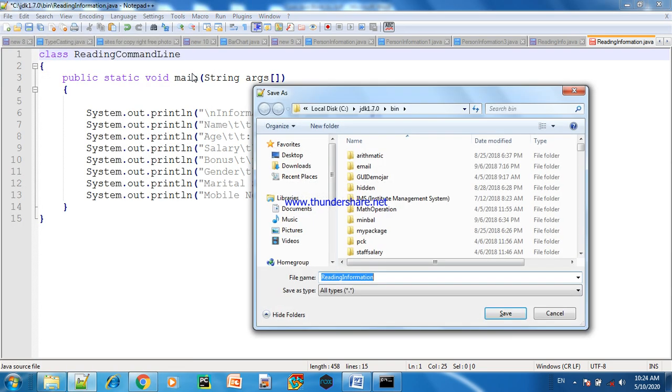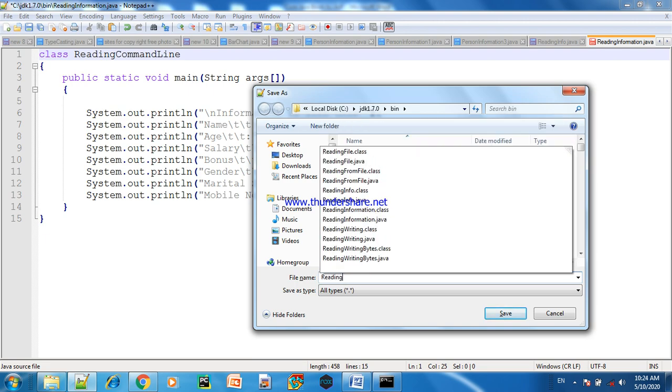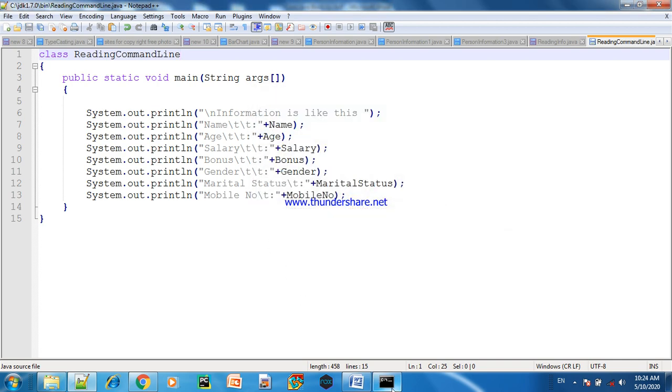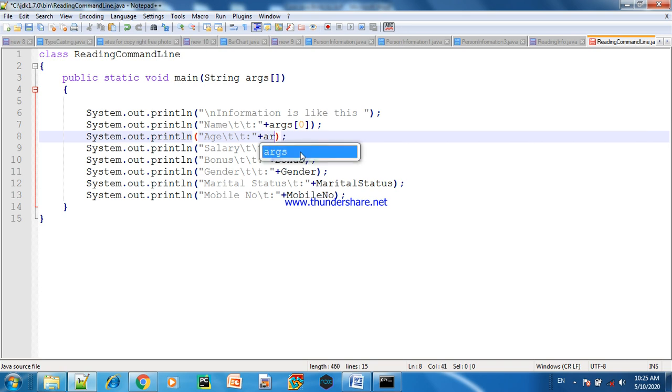I will save this program as ReadingCommandLine.java. Now we will open the data which is present in it. We have to print it. There are different methods to print this information. First of all, we are printing name, so we will write args 0th position variable is name. First position is age, so we will take args first position is age.